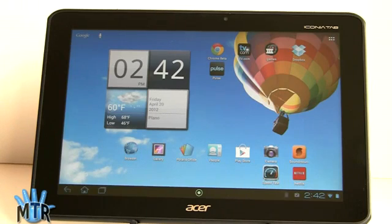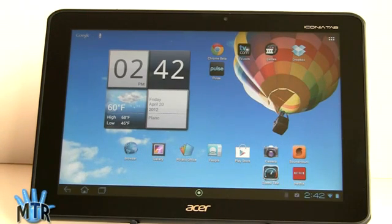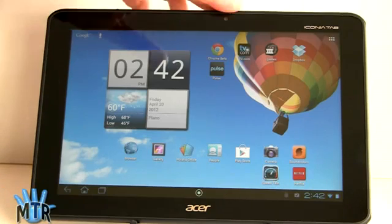We have a video that we posted of the previous Acer Iconia playing OnLive games along with the Asus Eee Pad Transformer Prime, and for those of you who don't know what that is, the online service is basically a server that plays the latest, greatest games for you, and you're just streaming it to the device as a client. So you've got full control over it, but you don't need to have the most killer quad-core desktop computer out there to play games anymore. You can actually use their servers to do the hard work for you and just enjoy it right here on